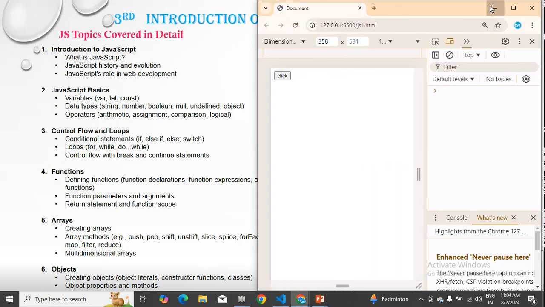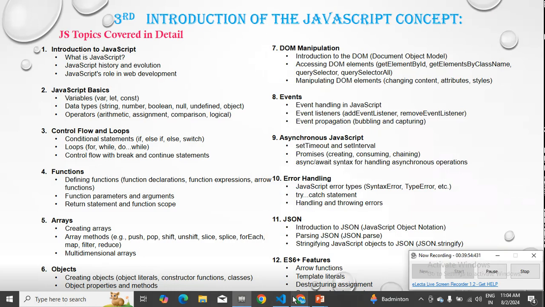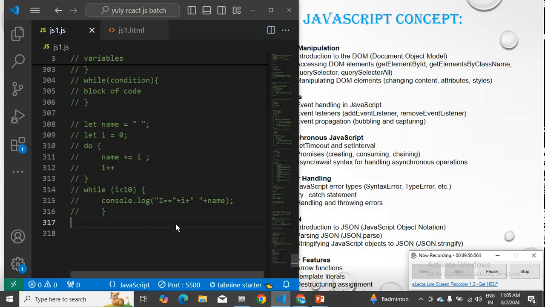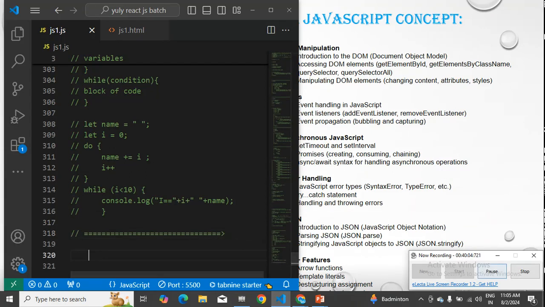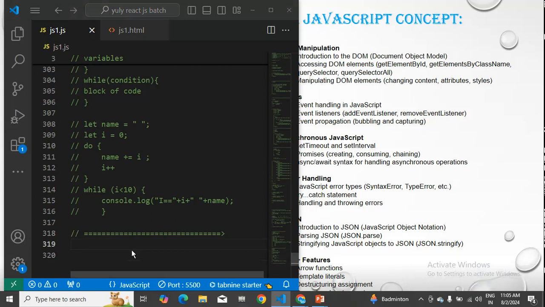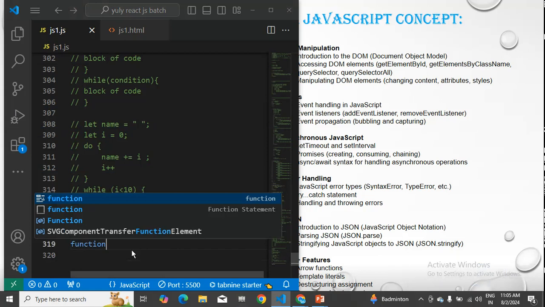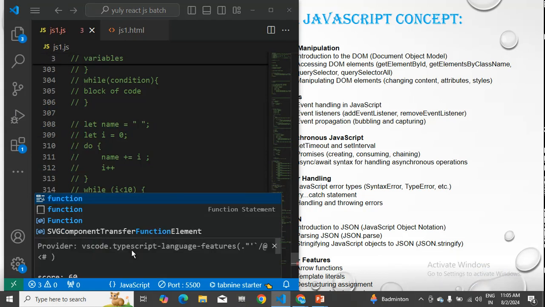Function. So what is function? Tell me, what is function? See, it is a